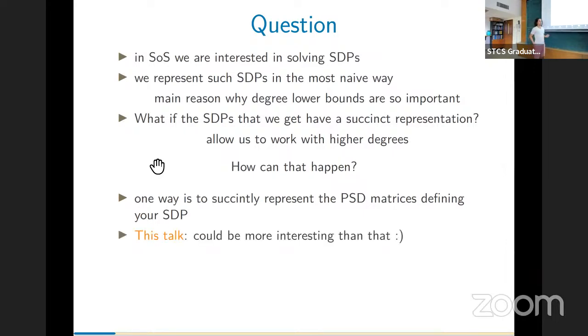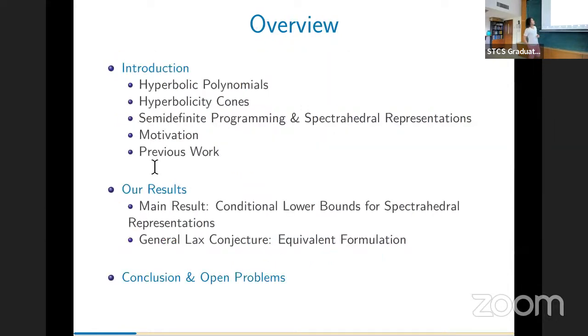Okay, and so in this talk, that's what I'm going to try to entice you with: this question could be more interesting. We could have these succinct representations. But on the other hand, it could also not be. That's why they're conjectures. So it's not just a question of representation. Given that representation, you need things which are polynomial time computable, exactly. And usually these will come in the form of algebraic circuits.